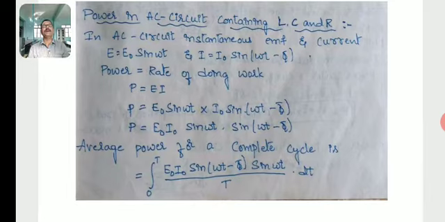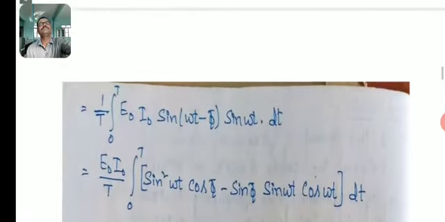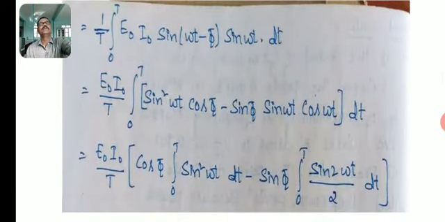Then average power for a complete cycle is given by integration of E naught I naught sin of omega t minus phi into sin omega t by T dt, with the limits 0 to T for one complete cycle. Here 1 by T can be taken as a common factor, then integration of E naught I naught sin of omega t minus phi sin omega t dt with the limits 0 to T,